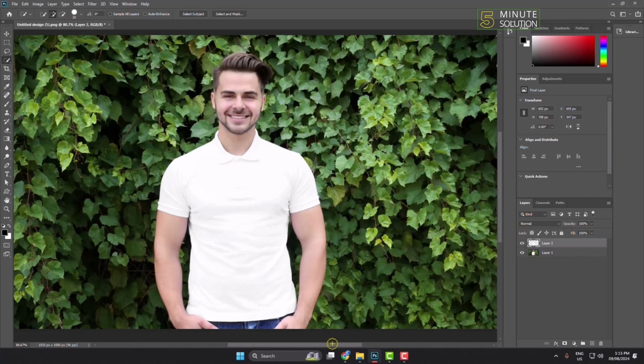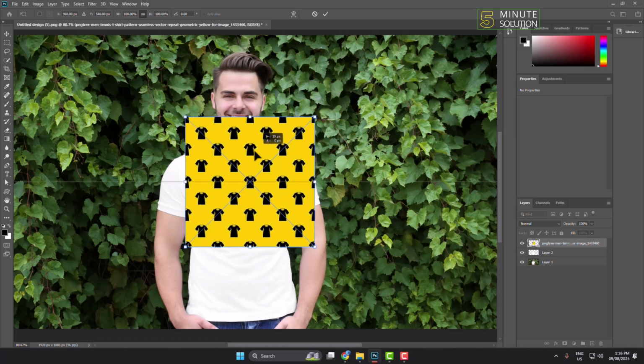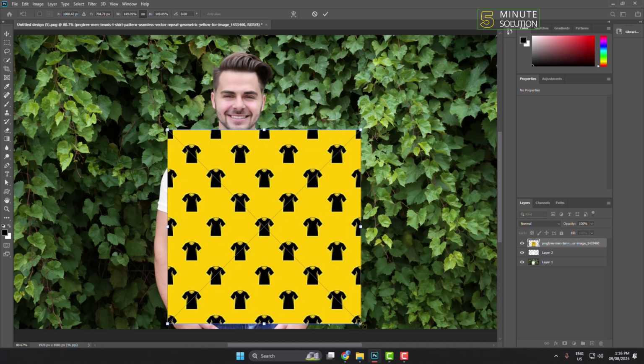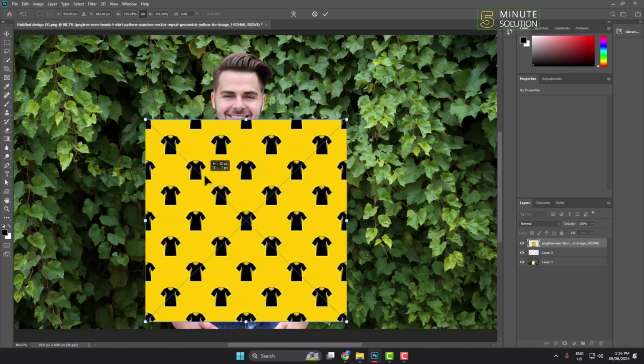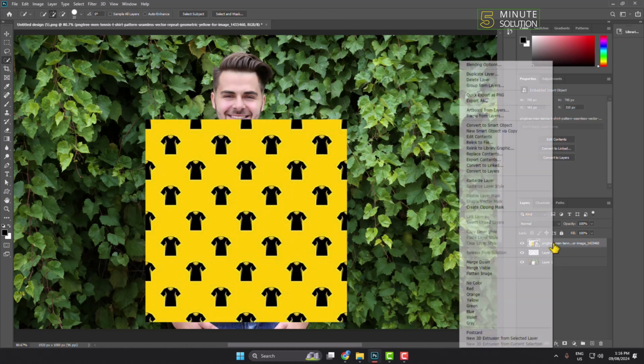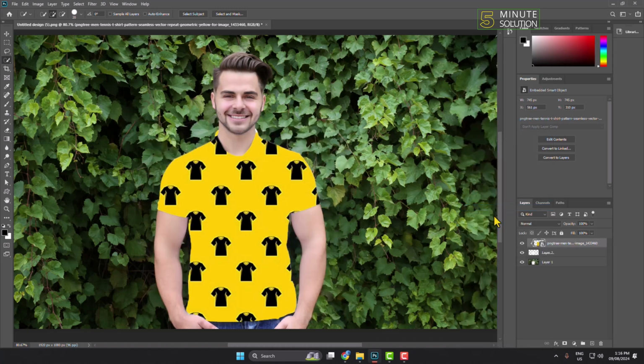Now open your file explorer and just drag and add your pattern photo, and now you can resize your pattern photo just like so, and click on OK. Now right click on your pattern layer and click on create clipping mask, and now we